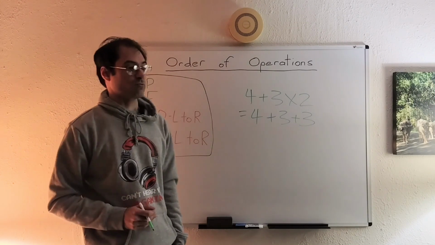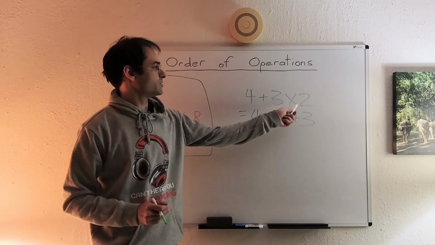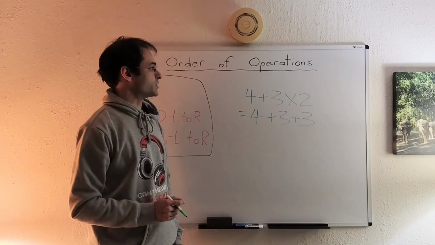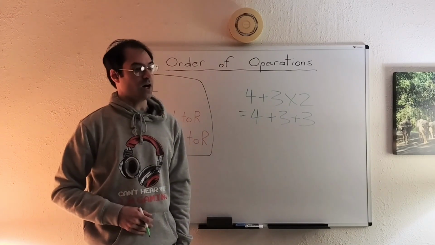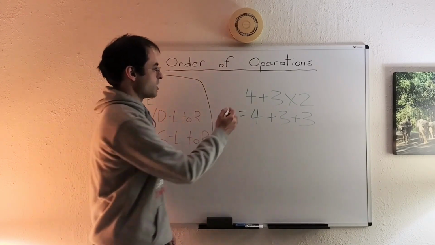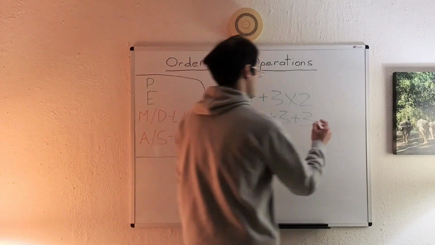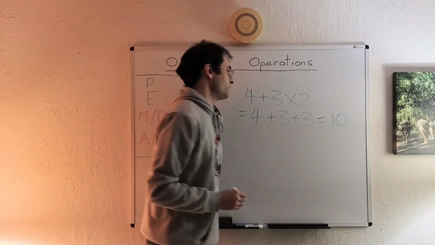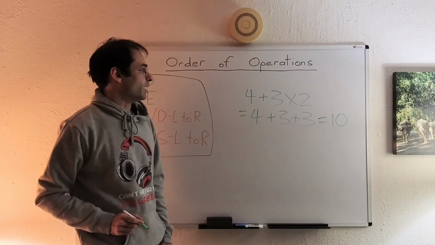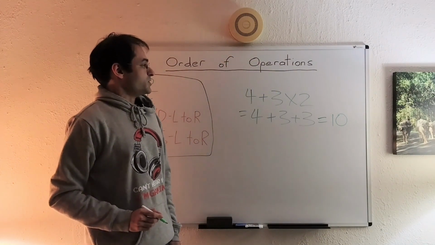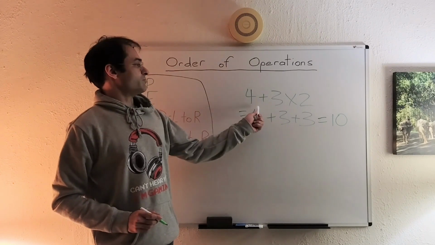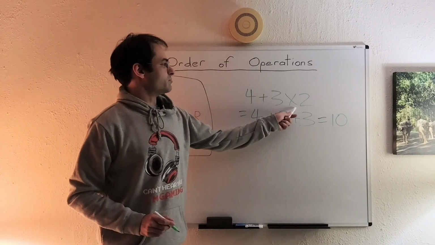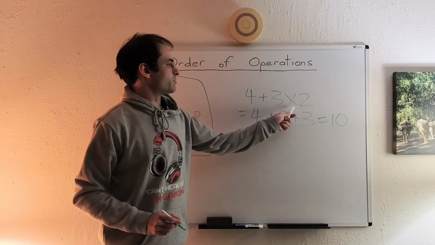But by doing that, we're not evaluating this first. We're just writing the 3 by 2 a different way. So these two are equivalent. And then you would get a final answer of 10. So we know the answer has to be 10. And again, the only way we can get that is by multiplying 3 by 2 first